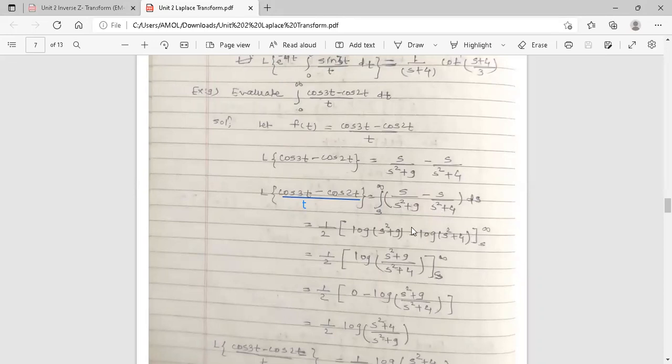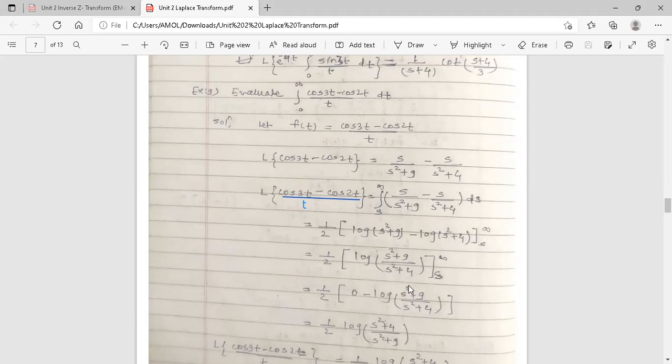Now we can write log of a minus log of b as log of a upon b. So a is s square plus 9, b is s square plus 4. So we can rearrange the term like this. Now when we put the upper limit infinity, the term is 0, because if we take s square common, the term is 1 plus 9 upon s square. Here also we take s square common, so the term is 1 plus 4 upon s square. The s square gets cancelled, and if you put s equal to infinity, the term is log 1, which is 0. Okay, minus, when we put the lower limit s,